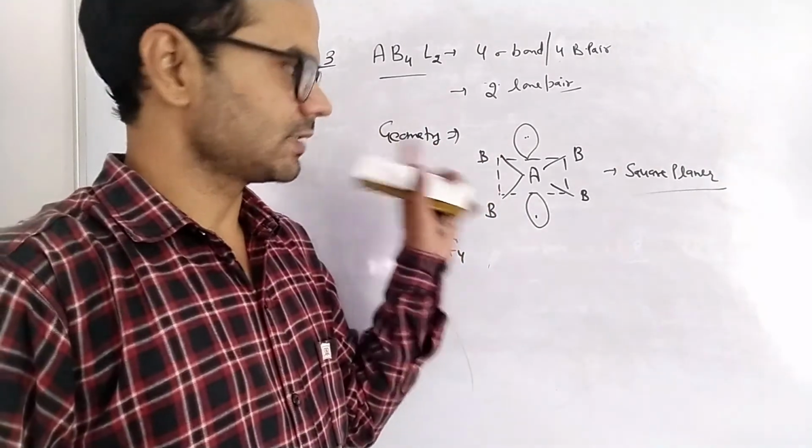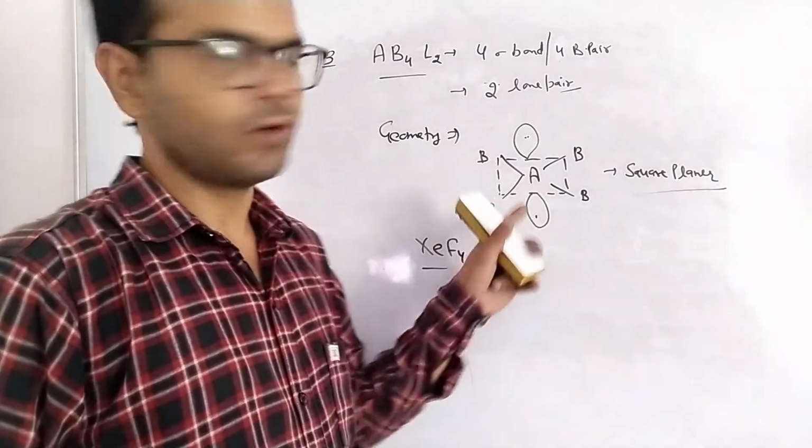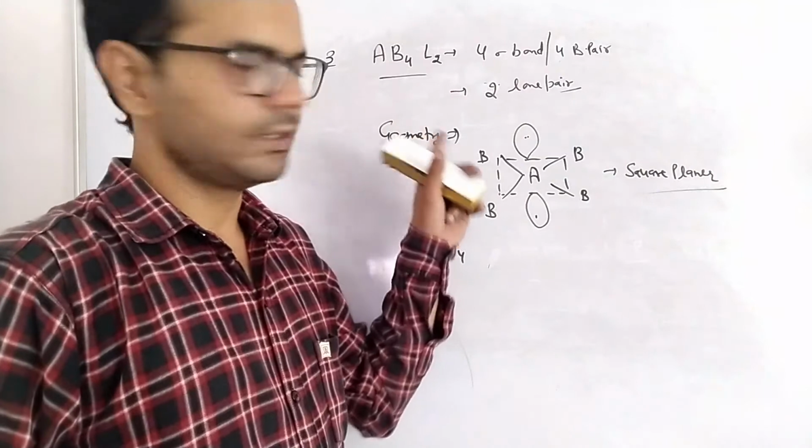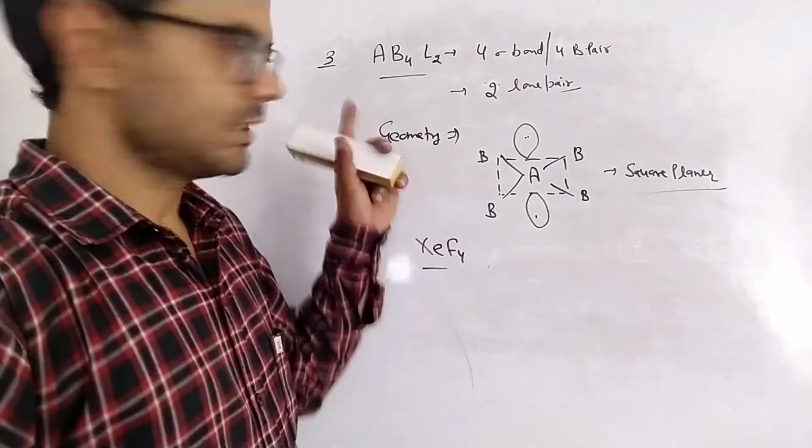One question is asked: the maximum number of bond angles of 90 degrees are formed in sp3d2 hybridization, and the total number of bond angles are 15. And the last hybridization is